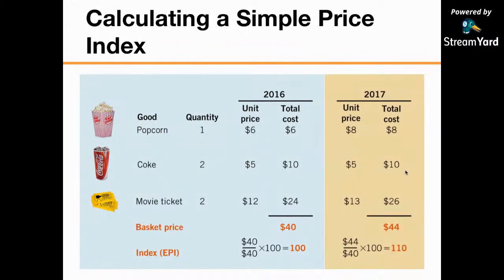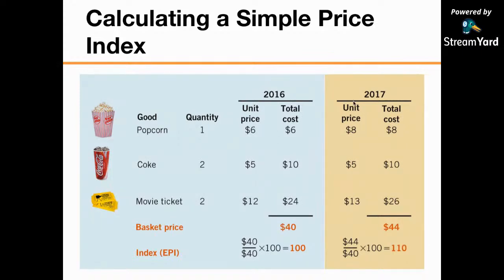So calculating a simple price index, we want to consider the 3 goods, each given a price and quantity. Cost in this case is going to be the total amount of money expected to spend on this item. The base year here is going to be 2016. That's on this left-hand side. And we can see we have our quantities on the far left. We have our unit prices in 2016, our total cost in 2016, which is just taking that quantity times the